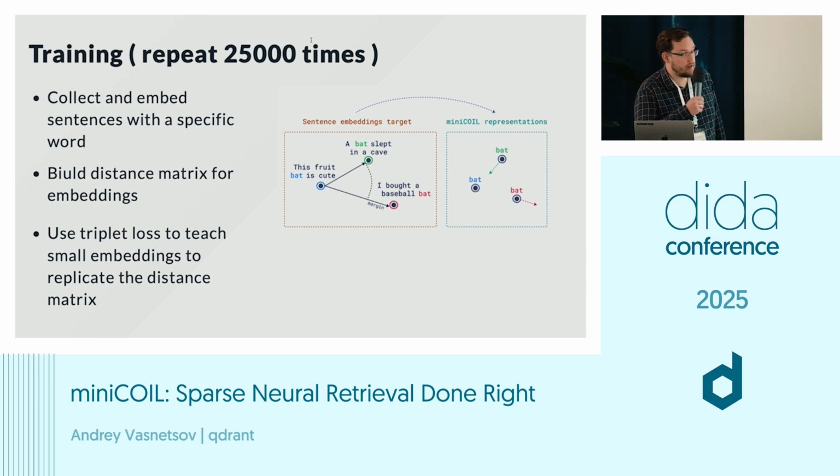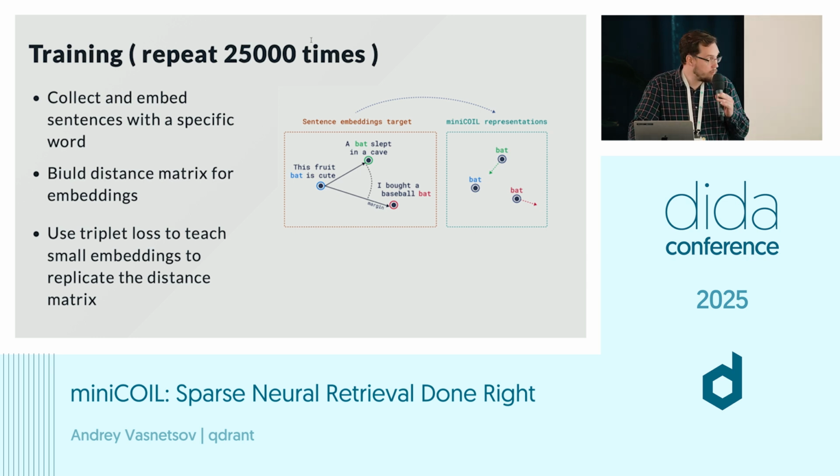We can use practically any corpus of documents to do this. And the process looks like this. We collect a lot of embeddings from different sentences which have a specific word. Then we build some form of distance metrics using some teacher model. I'm going to skip this part a little bit. It's going to be too technical, but if you are interested in details of the training process, feel free